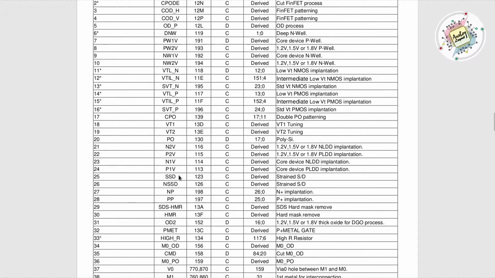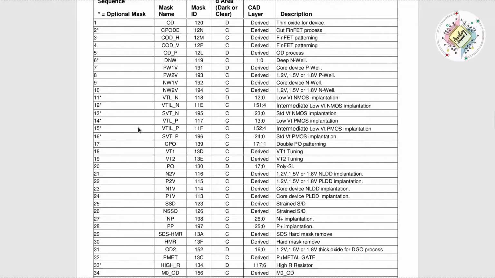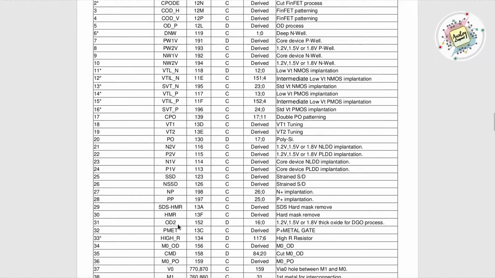But these 31 steps are not mandatory for all fabrication devices. There may be skips, and they may not use all 31 layers. Unless it is necessary, these layers are not all fabricated, but OD2 will be fabricated at step 31. OD2 is nothing but extra implantation with respect to OD. For example, if you want to convert the OD to 1.5, 1.2, 1.8 volt, or thick gate oxide or the DGO process, you add one more layer to OD, and that extra layer is an implantation layer.